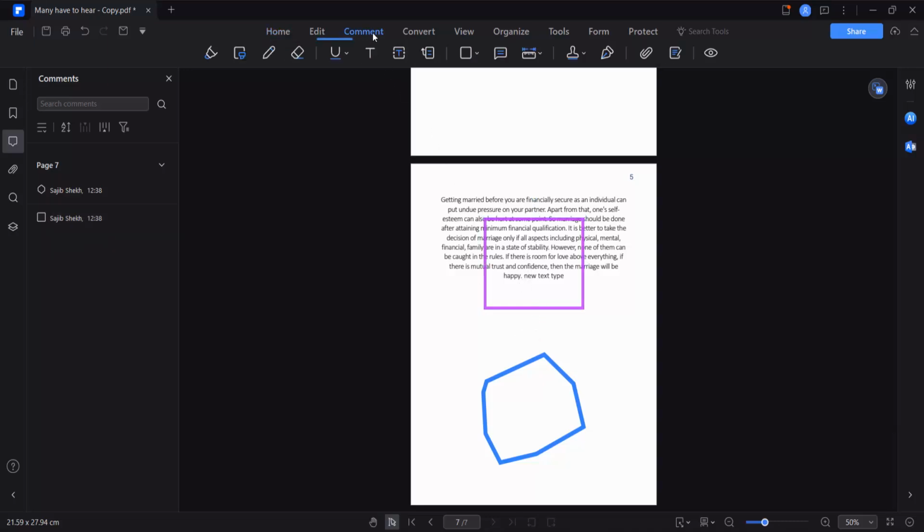Now click on this comment option and this bottom option. Here you will find the select option. Click on the selection. Now select your shape and select. Now click on this